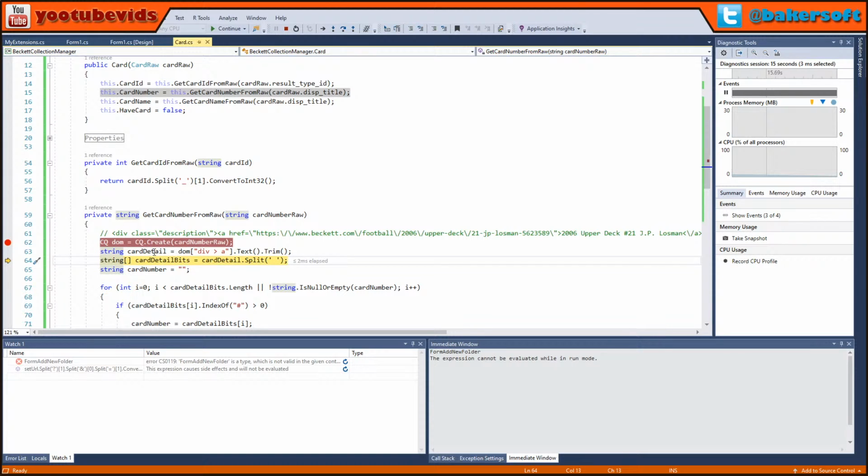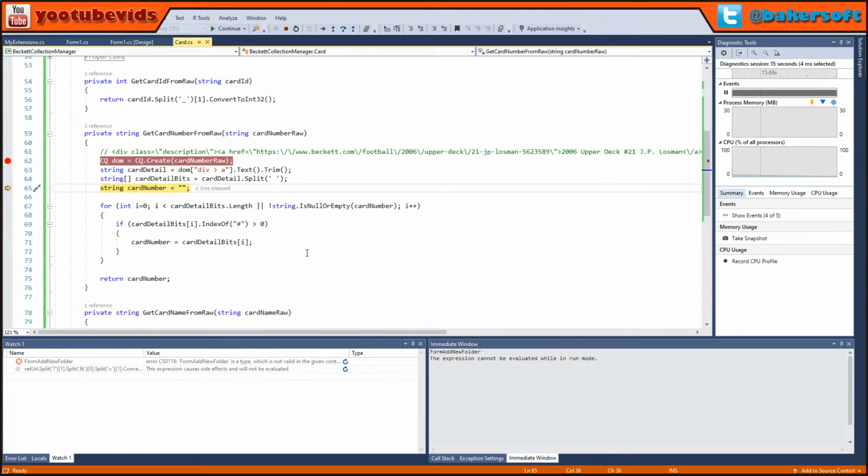So in our card detail, we have the value 2006, upper deck, Larry Fitzgerald. We're going to go ahead and split that based on the space. So now our card detail bits, you notice now we have an array of 6: 2006, upper deck, number 1, Larry Fitzgerald. So we're good there. And so now we're going to keep looping until we actually hit that card that contains